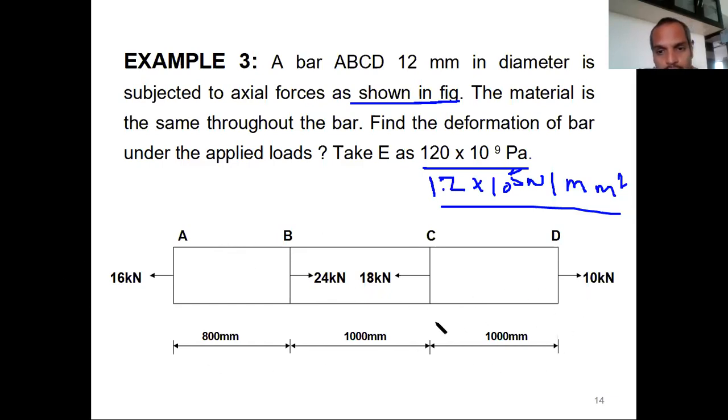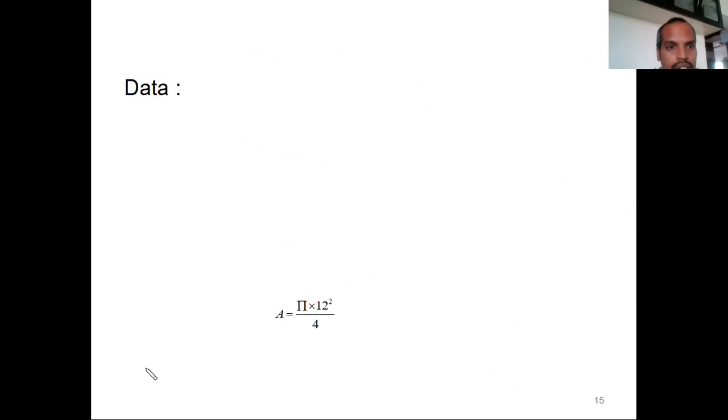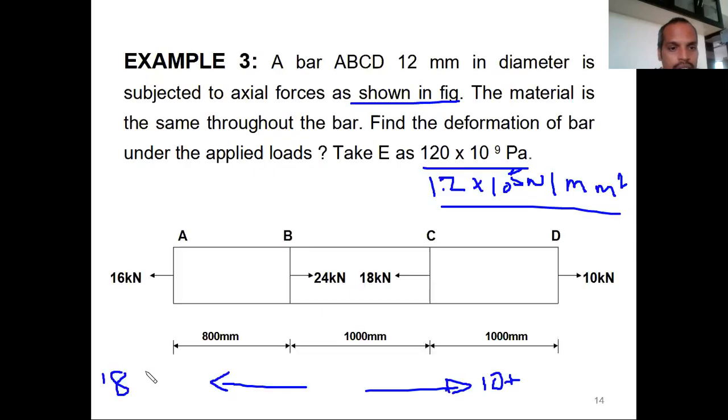Check that all the forces towards the right side are equal to all the forces towards the left side. You see all the forces which are acting toward this side, how much is it? Nothing but R. This is 10 kilonewtons acting on the right side. And another force is acting on the left side. So on the left side it is 18, right? So 18 plus what?